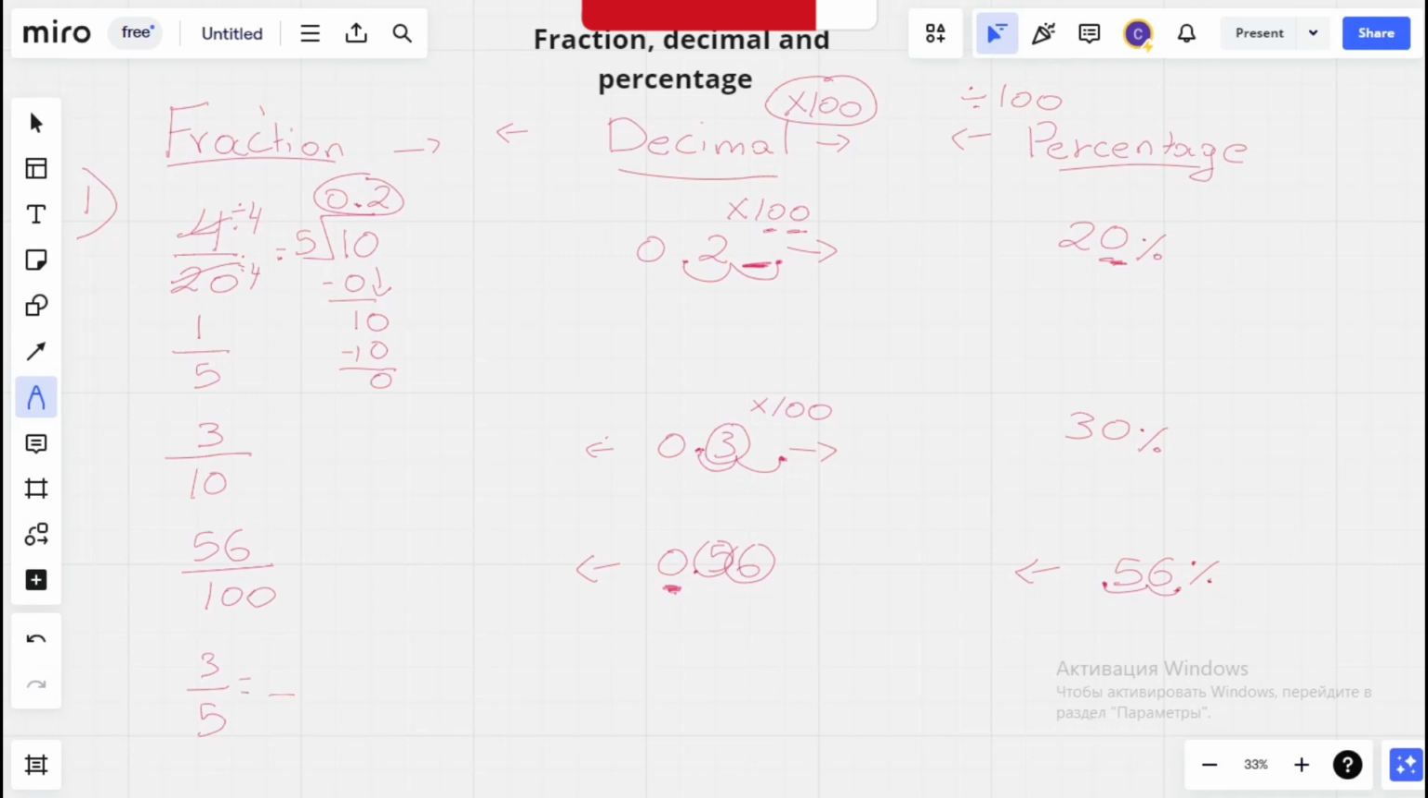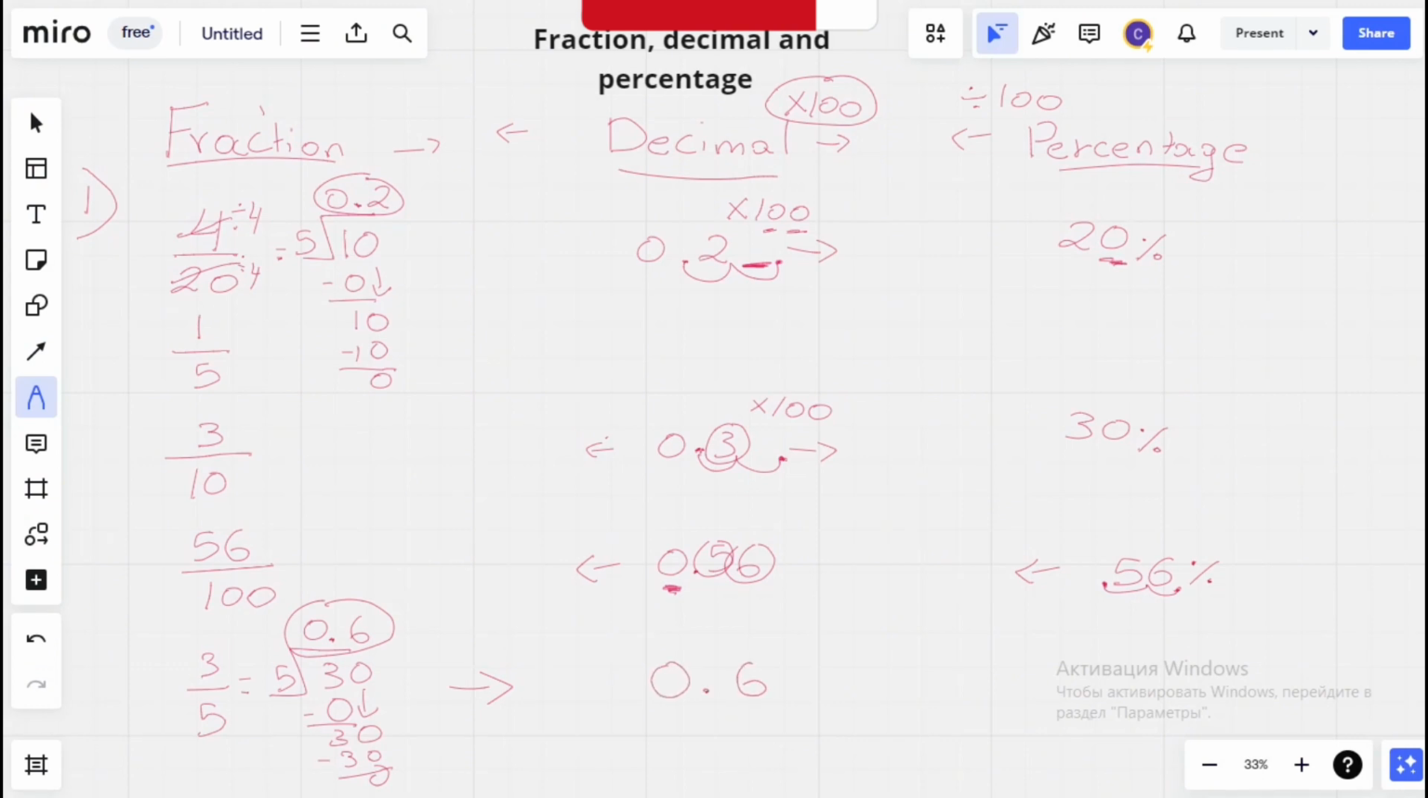What do we need to do? We have our 5. We have our 3. How many 5s in 3? 0, 0. Bring on the 3. Then we put the decimal and the 0. Bring down the 0. How many 5s? 6. 30 minus 30 equals 0. So we have our decimal over here, which is